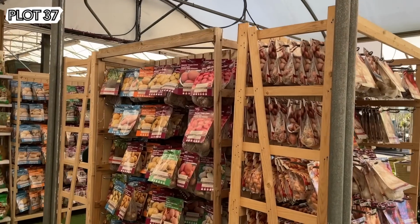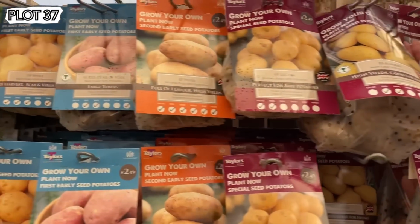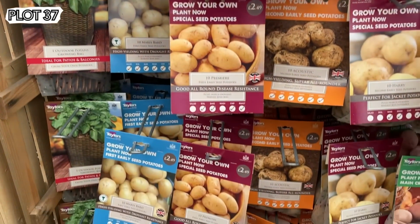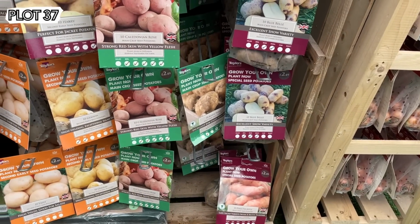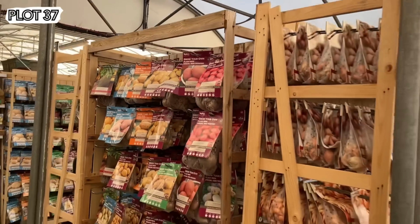And look, there's more of them. We've got Mozart. What's that one? Lucera. Classic Red Duke of York, Swift. Wilja, Accent, Premier, Maris Bard. Harry, never grown that one before. Bluebell. Unfortunately, I'm on foot, and so I'm not going to be walking away with kilos of potatoes, but still,